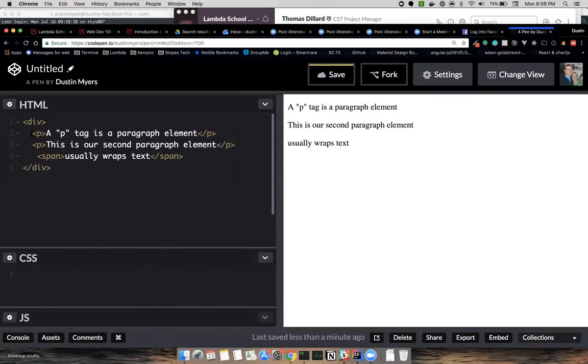As we created a new paragraph element, you'll notice that we actually got a line break from the first paragraph element, and our second one came on a new line. It didn't stay up here on the left line as some of you might expect it to. If you need text that stays on the same line, you can use a span tag.